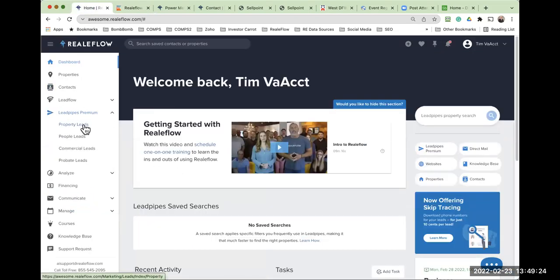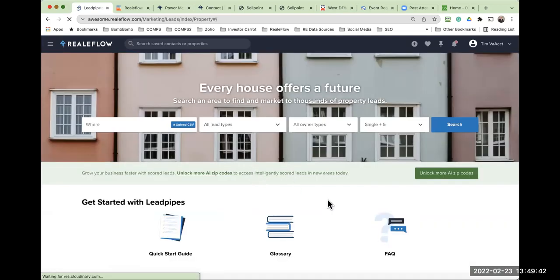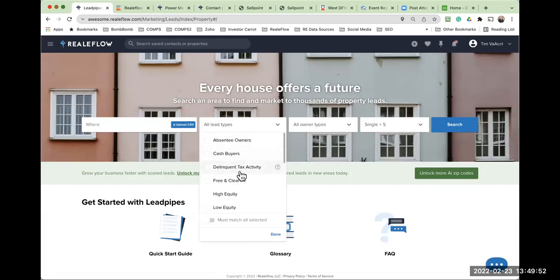So we don't have time to get into this today, but right here, can you see my screen now? I can. So lead pipes, yours would say lead pipes, not premium unless you upgrade. But right here under property leads is where you're going to come in and start sifting and sorting the type of stuff that you want. You've got all these different kinds of leads: absentee owners, cash buyers, taxes, free and clear, active listings,